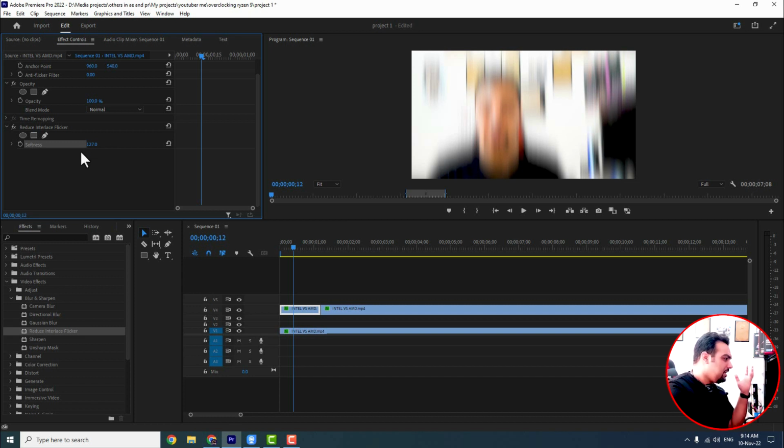But this is why I do not use it while I have something like directional blur, while I have something like camera blur and Gaussian blur. I'm not going to use such an effect for the video, which is called reduce interlace flicker. Because I am a content creator, I'm not going to be that cinematic in Premiere Pro, so this effect doesn't help me that much. And if I just delete it